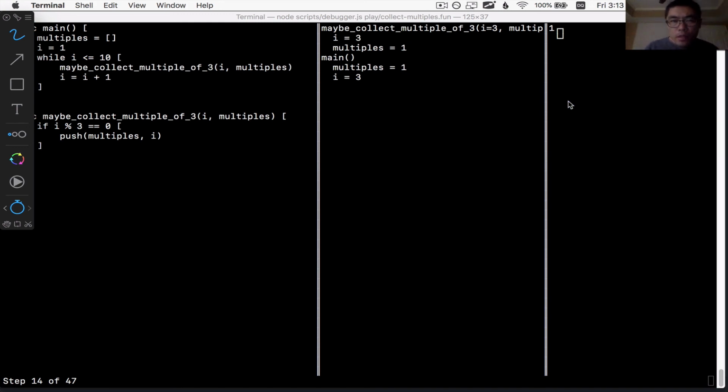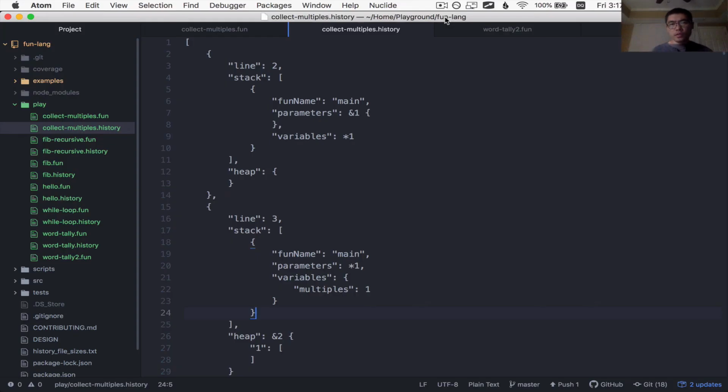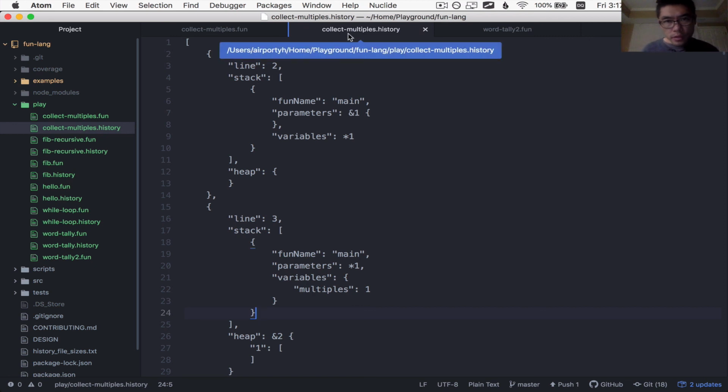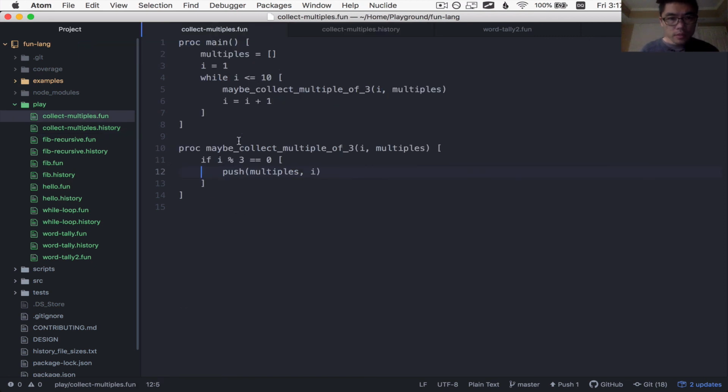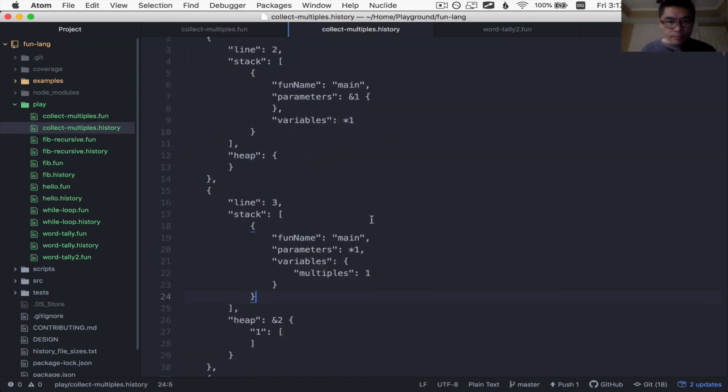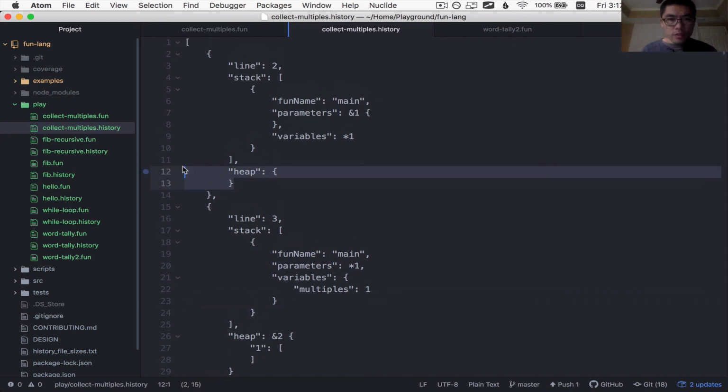So now I want to show you how the heap is represented inside the history file. So this history file is for this collect multiples program. You can see that initially the heap is empty. It's just represented by an empty object. This object is supposed to be a dictionary where its key is the object IDs, and the value is the